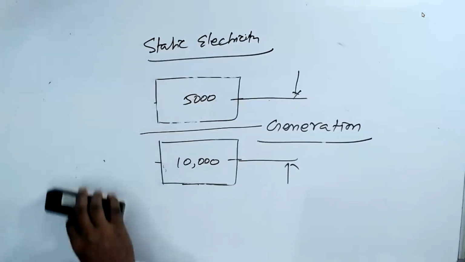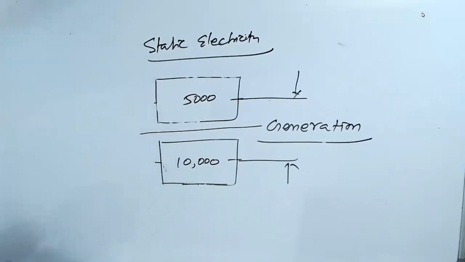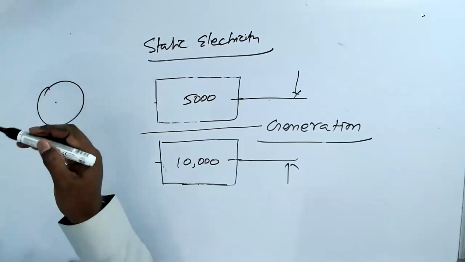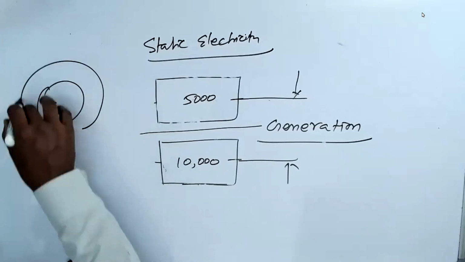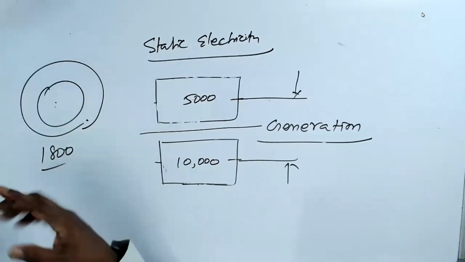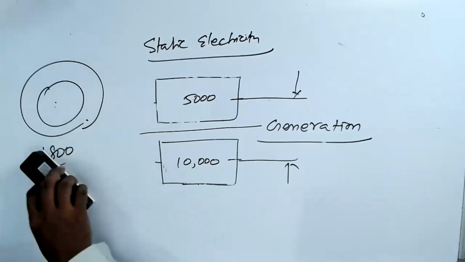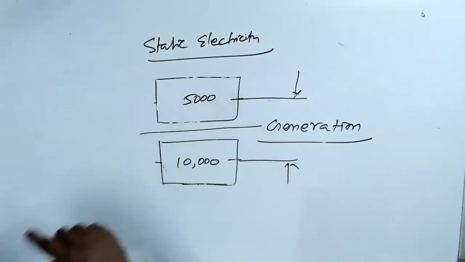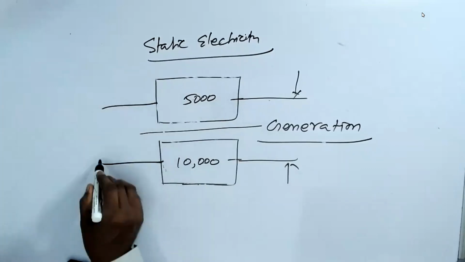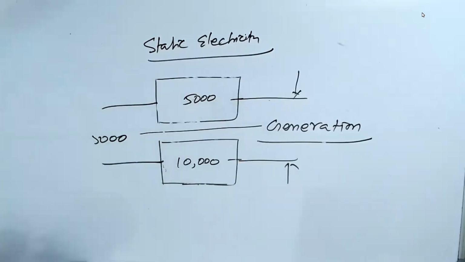So now what happened? Later they found out that, hey, this guy is too heavy. How much heavier? The proton is 1,800 times heavier than the electron. Because of that, the proton cannot be moved. Only the electron can be moved. So here less electrons, more electrons. The difference is 500 electrons. But unfortunately, electrons are negative.